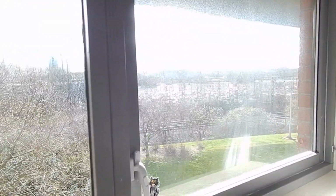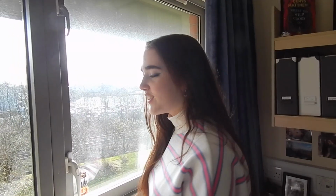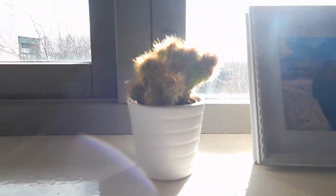So coming over here we have my view. It's actually really nice. I like this view. We have these curtains, which are pretty ugly, but can't do anything about that. Also, some of the rooms have a blue wall, I believe, but mine thankfully doesn't. I do have some cacti down here because these don't really